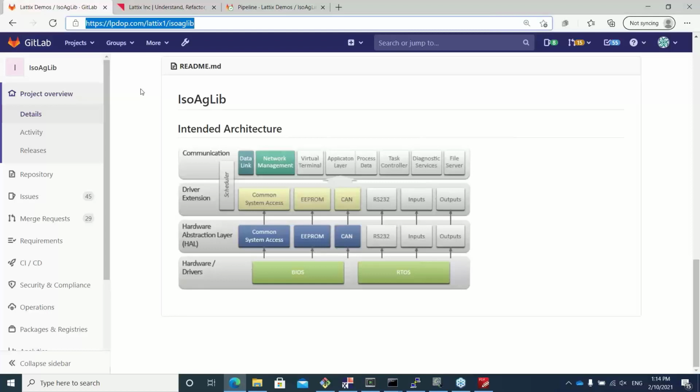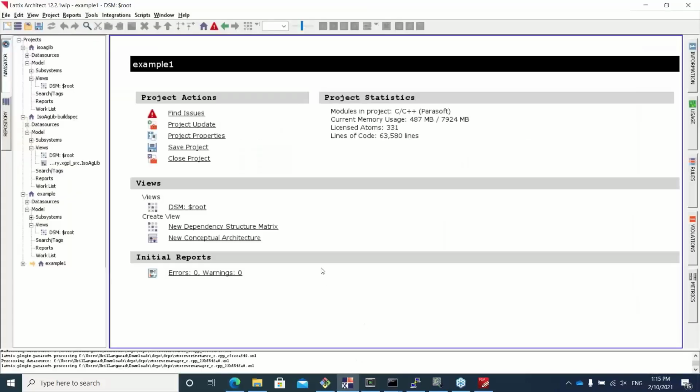So ISO-AGlib has various layers. You can see that someone has taken time to communicate the architecture through a diagram. And these gray modules here are optional. And these green and yellow and blue modules are mandatory core parts of the system. And the Part 6 document would say that you need to do some architectural verifications. So one aspect of that would be checking that your structure is as it is intended to be according to this diagram. So with Lattix, we can import the code or the model, if you're using a UML-based system, and